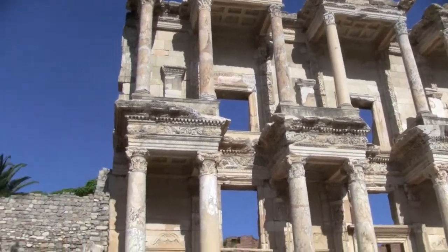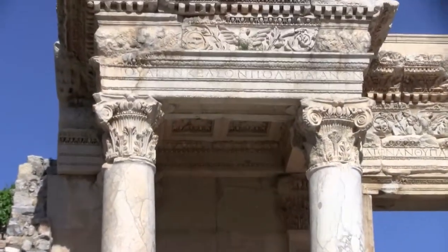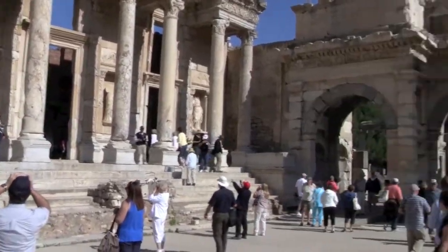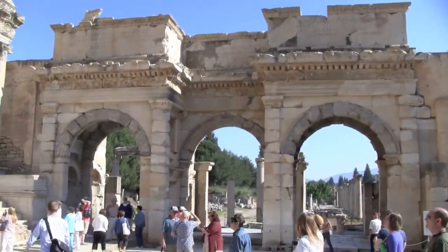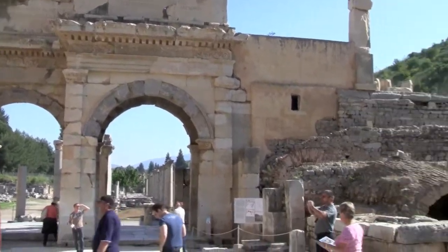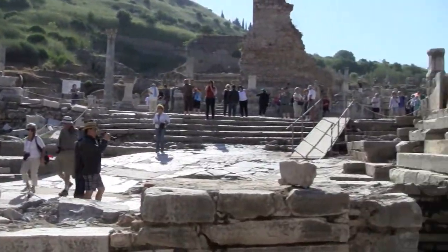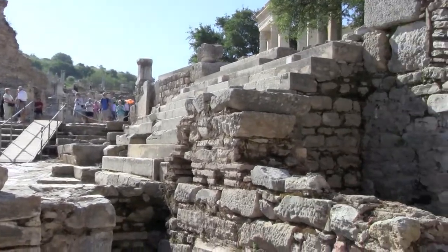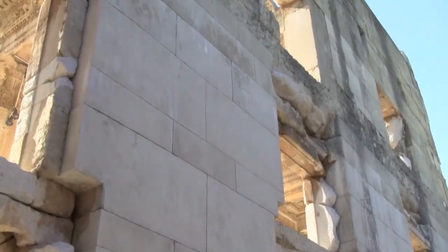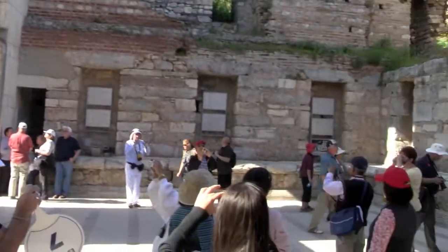Look at the details of the columns, Greek writing. Very impressive. And off to the right is some additional columns, arches, Roman arches. This is inside the library, the back side of the arch facade. Not very exciting in here, but